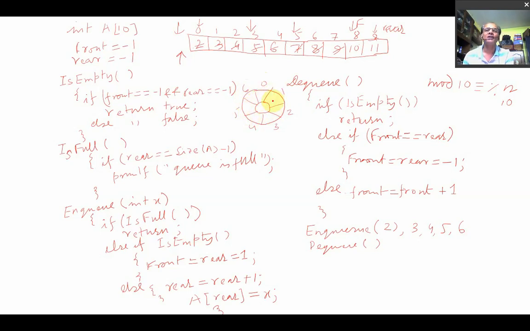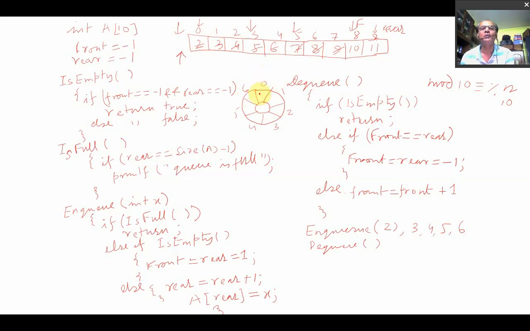Actually this is not a circular array. Logically it is called a circular array because of the modulo operation, but it is basically a contiguous linear array, right? So when you are at position 6, the rear position 6 will be incremented to 6 plus 1, 7, and when it is divided by 7, it will give the remainder 0.